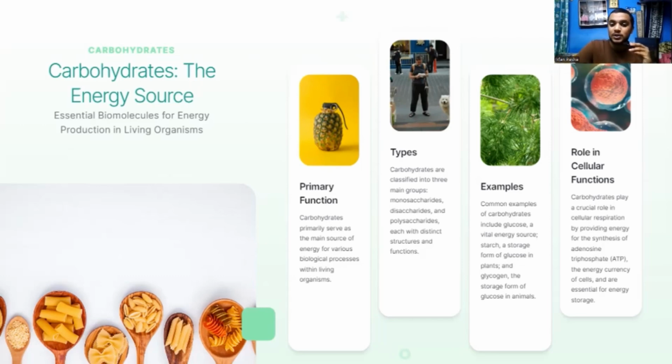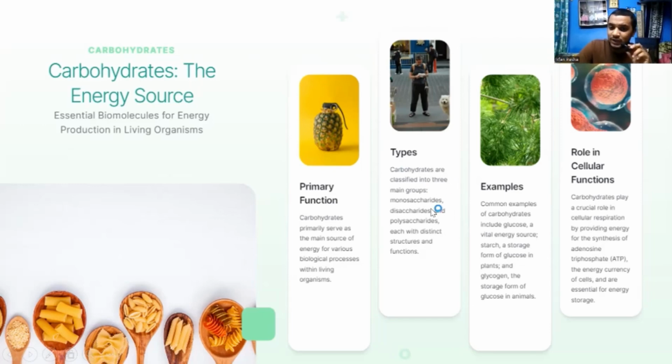So, what are the types of carbohydrates, and what are their uses? In this video, we will not go deep, because we will be covering carbohydrates, proteins, lipids, and enzymes, biological catalysts and all. So we will not go deep into each topic, we'll just cover the surface areas.